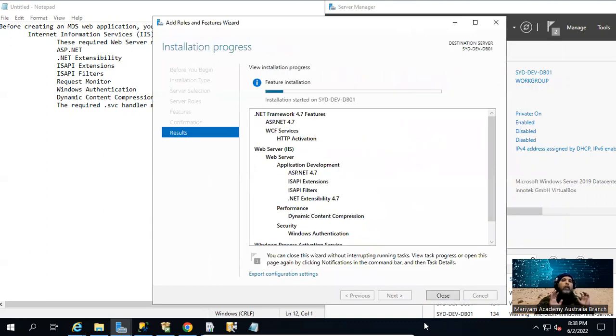So now while it is installing, keep in mind that sometimes we just select the whole thing, like we check the parent option and it selects all the options. That's very dangerous, especially from the security perspective within the production environment. So it's always the best practice to install only those features which are needed, and keep the features, especially when it comes to the web interface or web server, as minimum as you can,